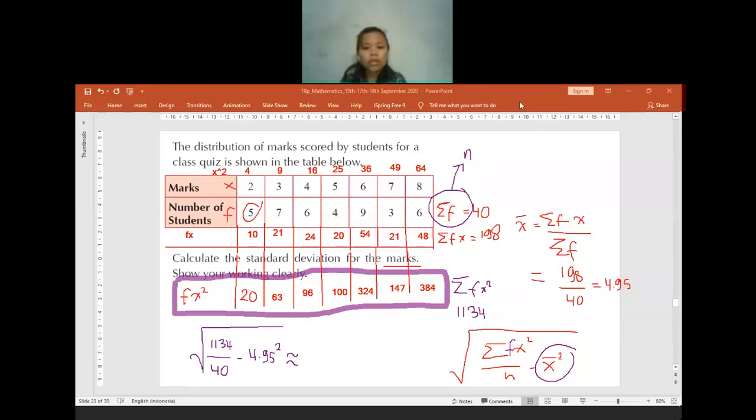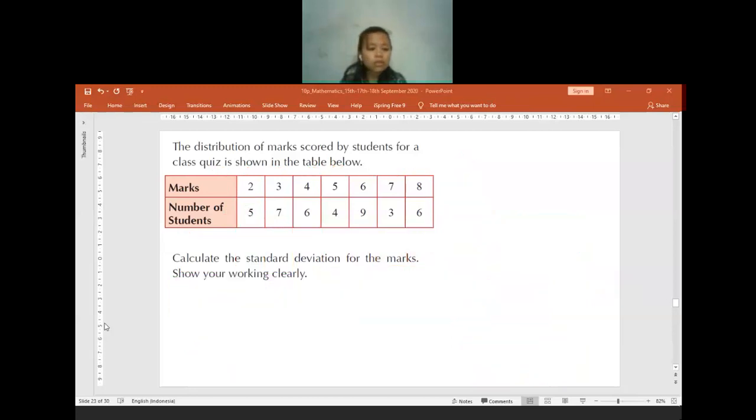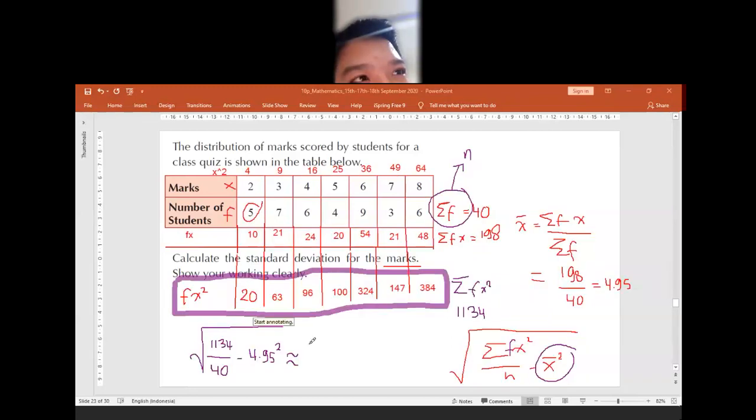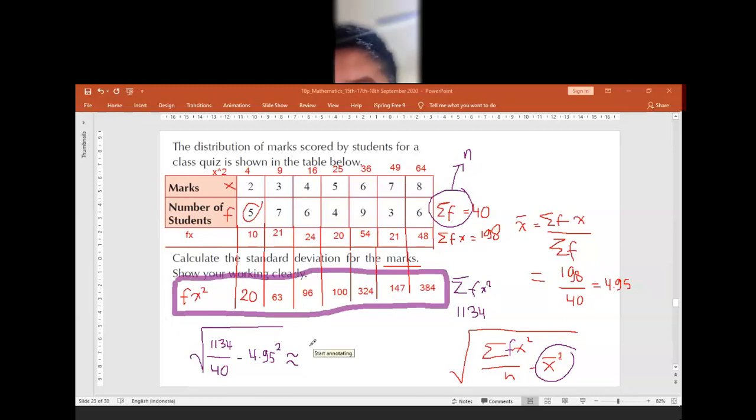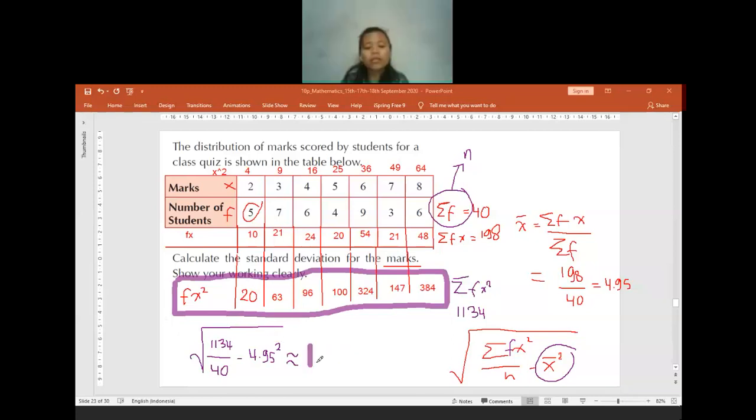There is one student who got the same answer as me. How about the other student? Got 1.96. Yeah, okay then. Same, yeah. So the answer is 1.96, correct to 3 significant figures. Or is there anyone who has a different answer?